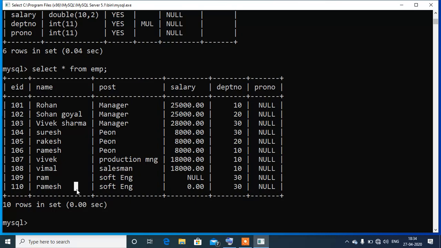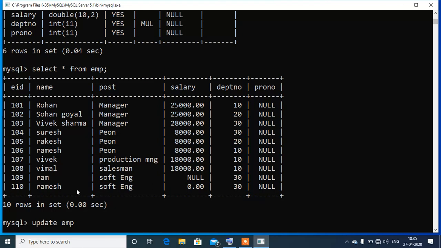So for that we need to write an update query. So in case of update, we need to write update table name emp. See, there is a first difference between update command and alter command. In alter command you need to write alter table, and here in case of update statement, we do not need to write the table keyword specifically.